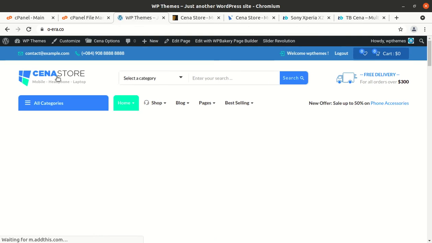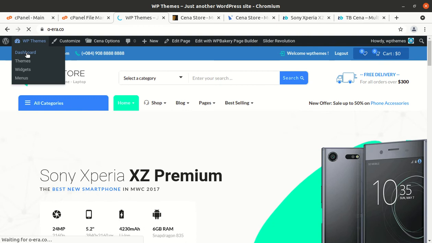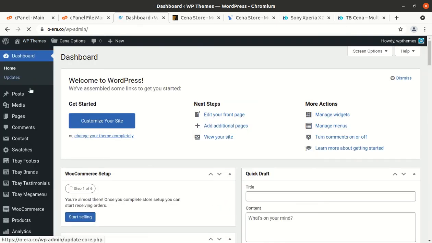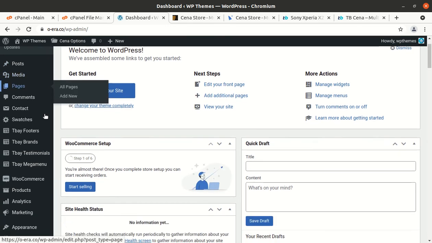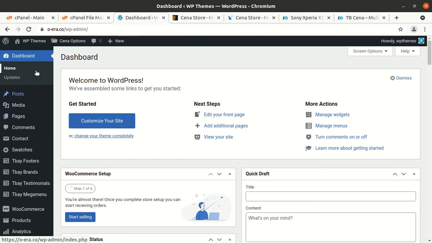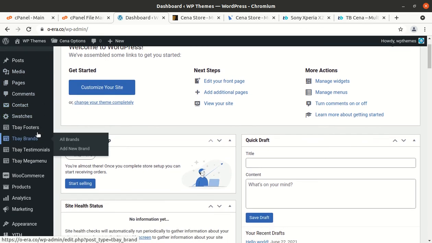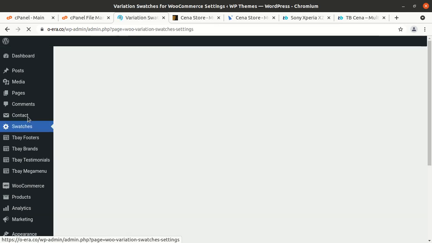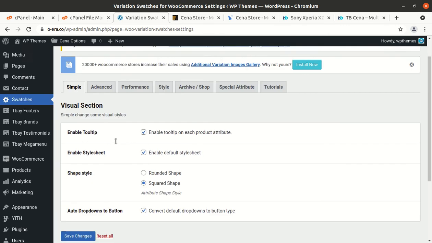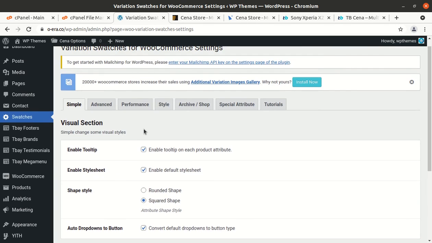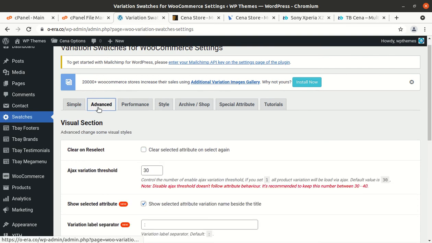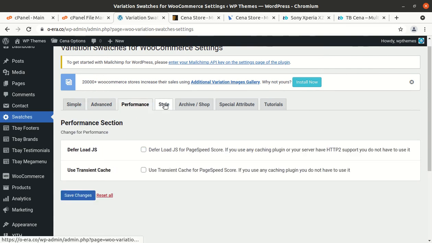Now it is time to show you what we got additionally in this installation and the WordPress control panel. And this is the WordPress panel again, dashboard, and I'll show you the additional things we got with this theme. This is swatches, and I'll simply click on the swatches option. So you can set the swatches here. So swatches are basically variants of products. So you have all the controls here.